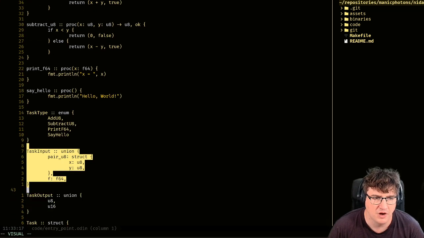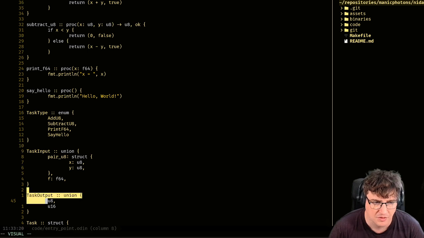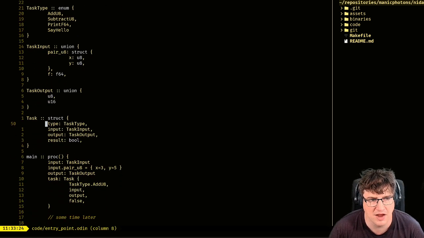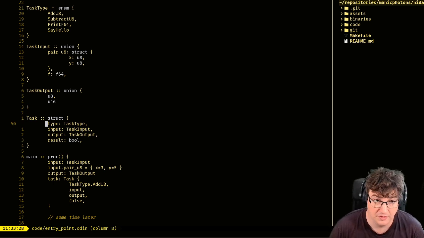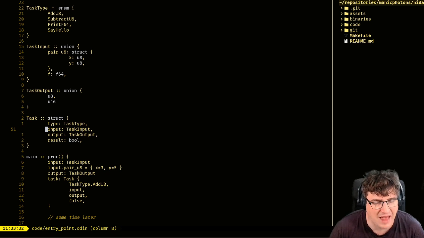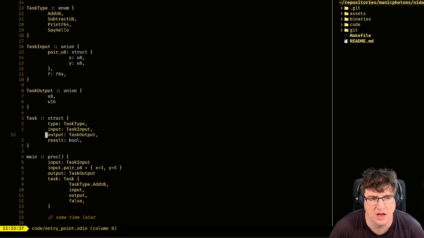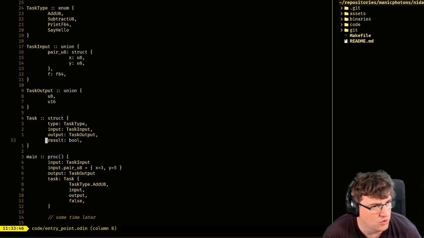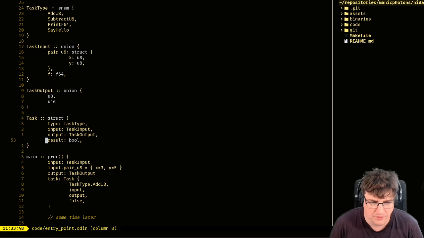I'd also store a union of different possible inputs and a union of different possible outputs, and therefore I can create a task structure that knows what the function it's supposed to run is, is handed a copy of the possible inputs, a copy of the possible outputs, and also gets a Boolean result back. I may change this to another enum. In fact, I almost certainly will. That way I've got more options for error codes and things.